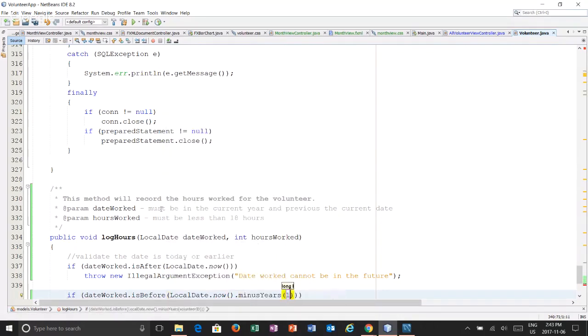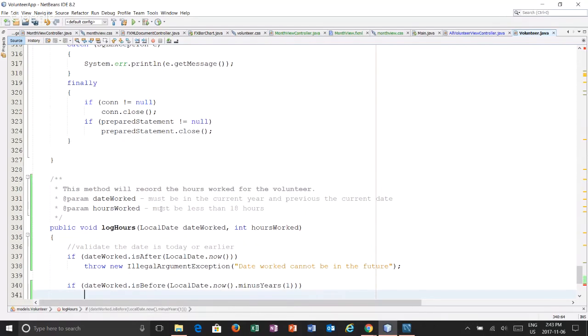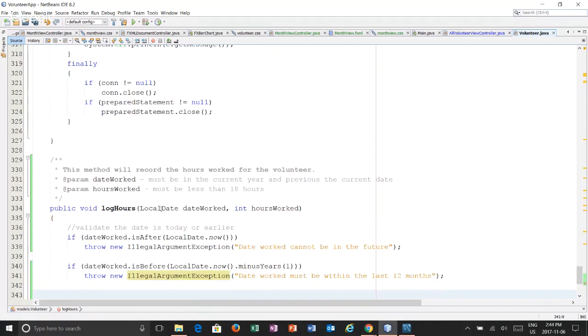We can take away minus years 1. Okay, so that will validate the date passed in,